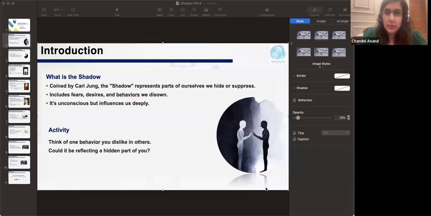If you feel like sharing, you could. If not, I'm good with the thumbs up. If you have been able to identify just one thing that you dislike in others, but you may also sometimes demonstrate, a thumbs up on the chat window or otherwise. Yukti gives me a thumbs up. My thumbs up, Richa, Sam,